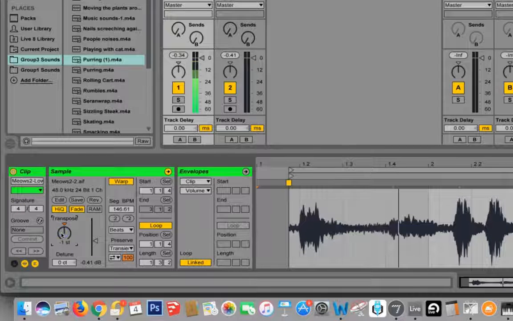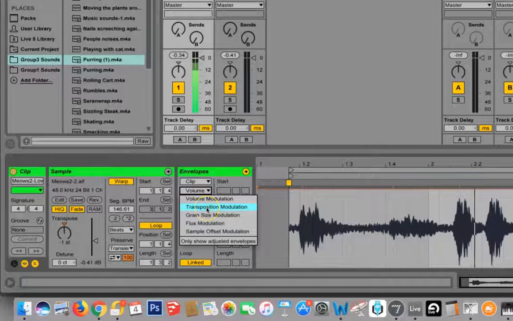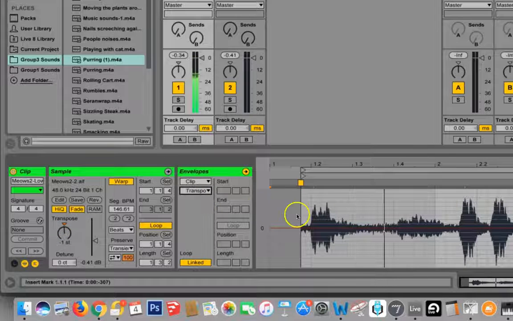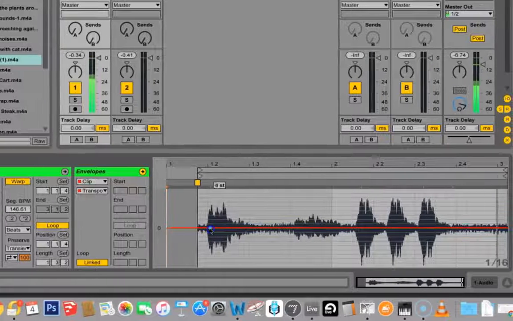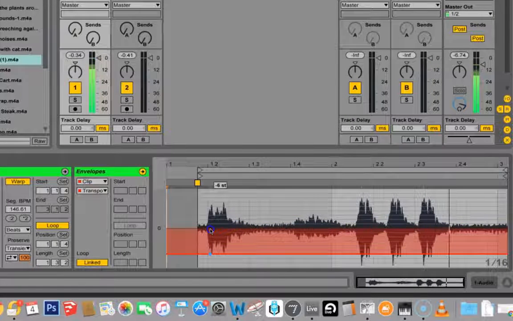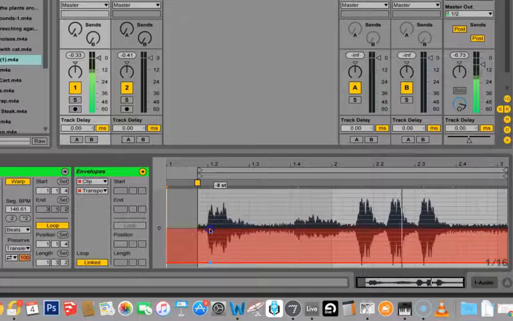There's another way to do it, which is to come over to the envelope. The envelope just sort of means the moving parameters that are here. And we say clip, and then we say transposition modulation. That's the transpose, transposition modulation. There it is. So now we can take this one back down to that nice low we liked before. Right? So we get that very nice